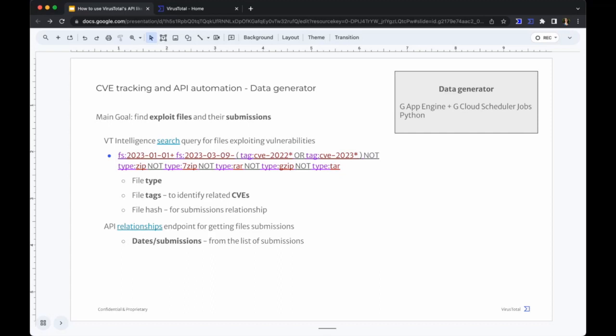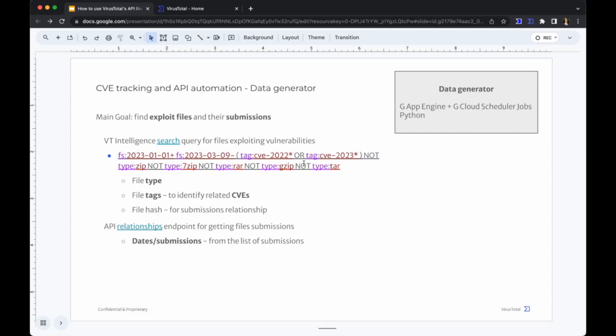To identify a file as an exploit of a specific vulnerability, we have the tag CVE search modifier here, and we focus on the 2022 and 2023 vulnerabilities by using the wildcards here. The first seen dates here are only to restrict the search to a time frame, and the rest of the filters here